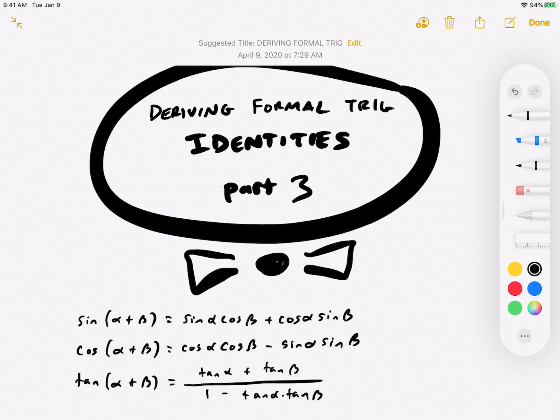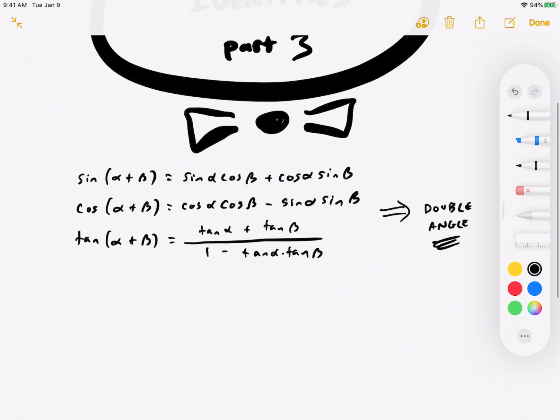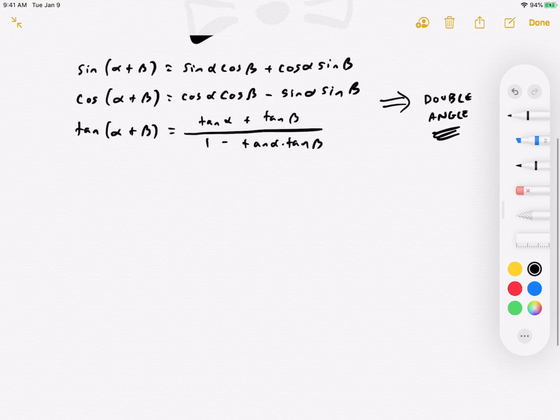Okay, so what we're going to do is take these now and derive what are known as the double angle identities. The double angle identities are probably the most useful of all of the different trig identities that we've seen so far. So we'll start with sine's double angle. Sine's double angle identity